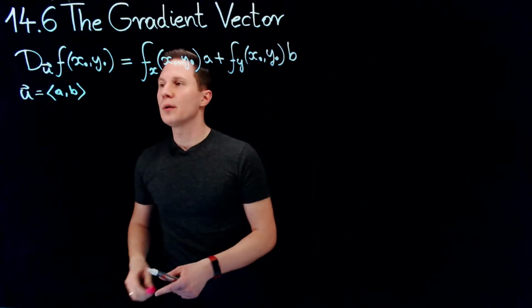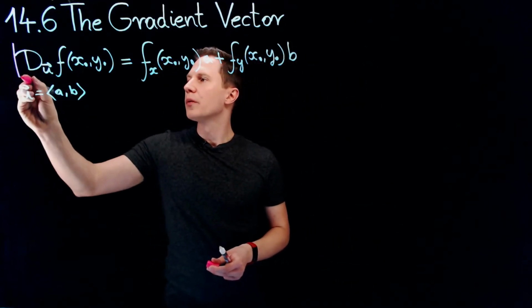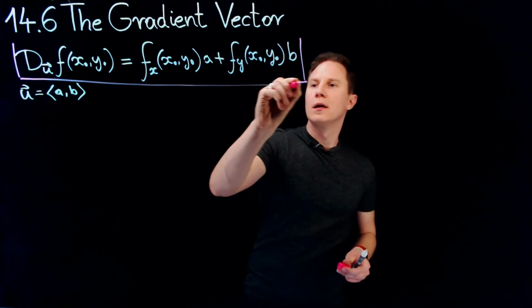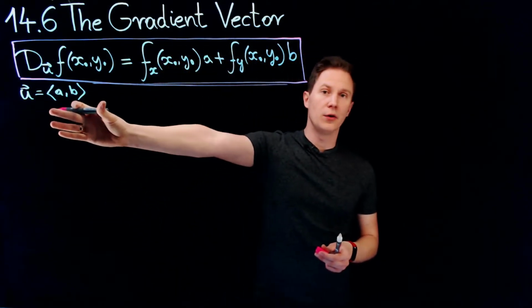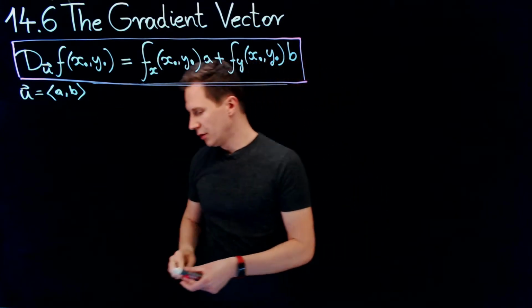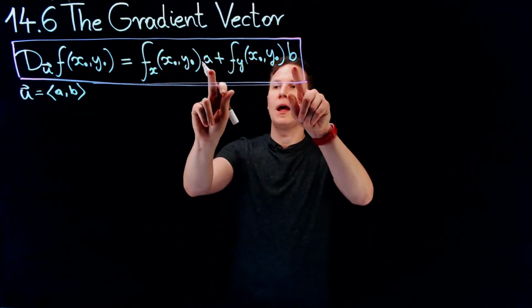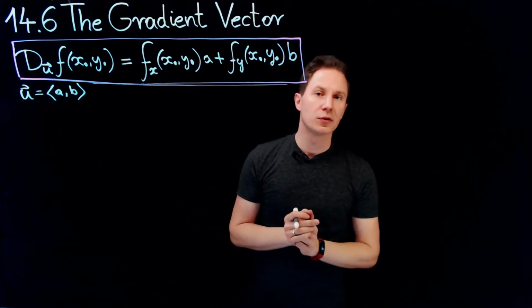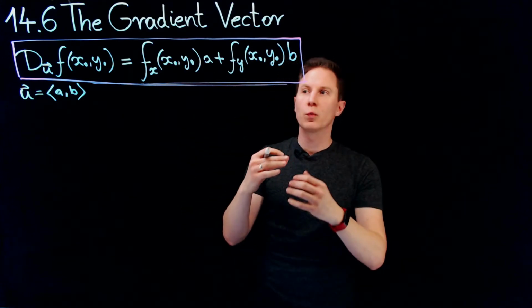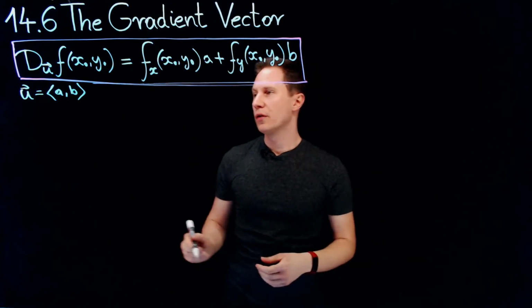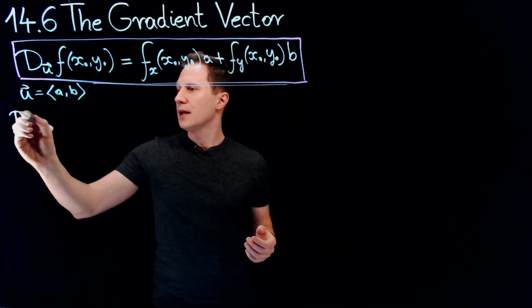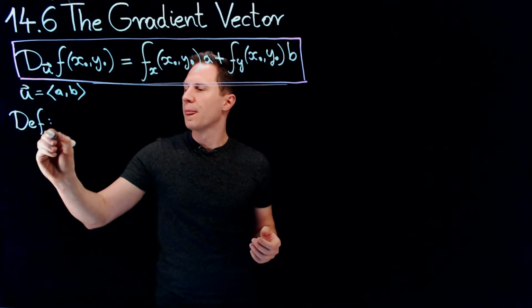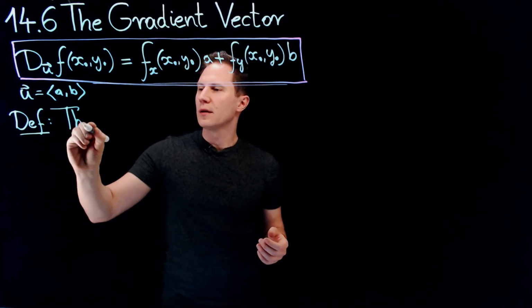And if you look at this formula, you can't help but think of the dot product of two vectors, one being your unit vector u with components a and b, and the other vector having the partial derivatives at that point x0, y0 as components. So this leads us to the definition of the gradient vector. So the definition is the following: the gradient vector